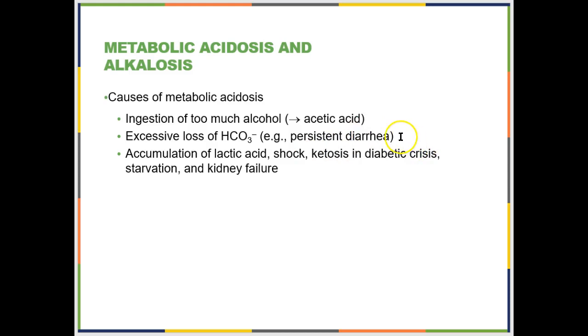Diarrhea can cause excessive loss of bicarbonate. So what happens is your digestive tract dumps bicarbonate into the lumen of your digestive system to neutralize all of your stomach acid. And if you keep emptying the contents of your intestines, then you're flushing all of this bicarbonate out of your system. There are hydrogen ions left behind from the production of that bicarbonate,